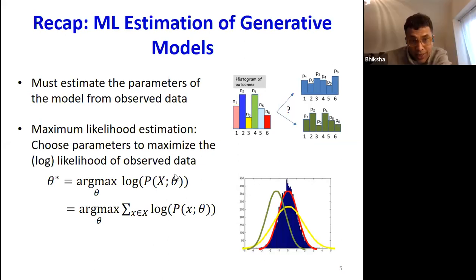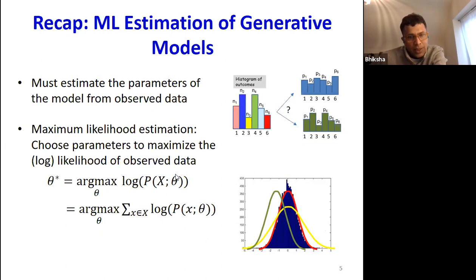So again, you wouldn't know the theta, right? So for every possible value of theta, you would compute the log probability of the data that you've got and choose the specific theta for which it was highest. For example, in the case of the Gaussian, theta is going to be the mean and the variance of the Gaussian. Those are the parameters, right? So here, for example, I've shown you 3 different Gaussians. You would compute the log probability of your data using each of the 3 Gaussians and choose the Gaussian for which the log probability was highest. That's going to be this red guy. Does that make sense? Okay, thank you.